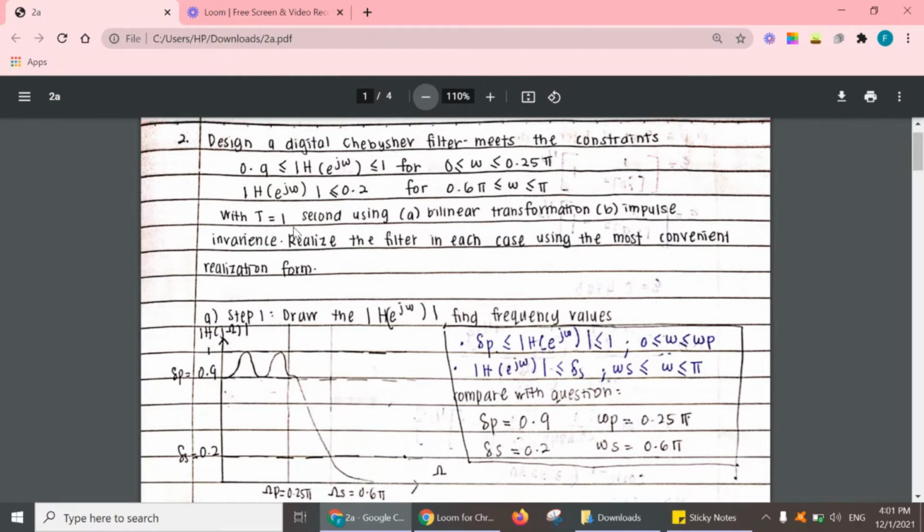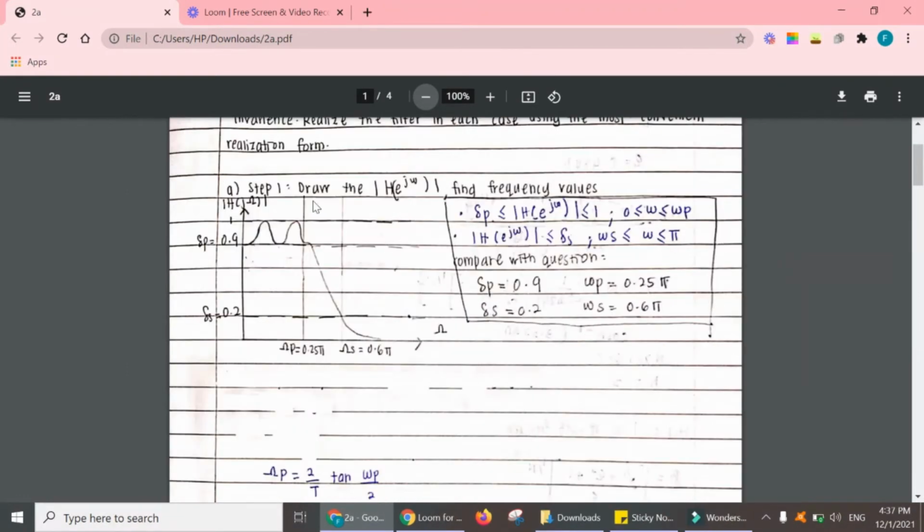using bilinear transformation. So we can compare this equation and get the ripple for the pass band as 0.9 and ω, which is the pass band frequency, as 0.25π. The ripple for the stop band is 0.2 and ω for the stop band frequency is 0.6π. For step 1, draw the |H(e^jω)|, find frequency values, and we can draw the graph like this